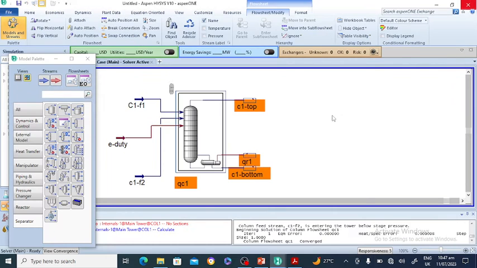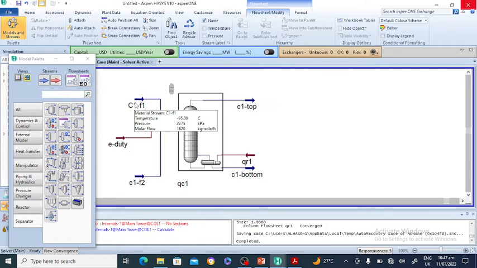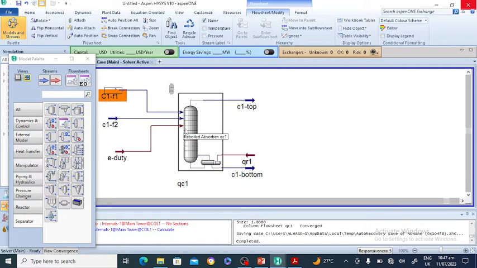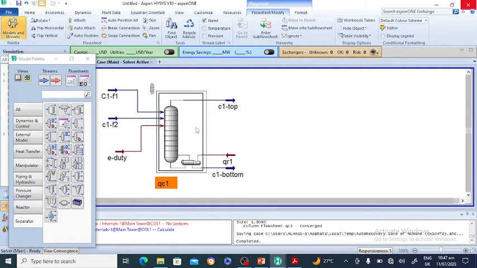Now close this one. This is stream number 1. This is the energy stream. Feed number 2. Duty. Feed number 1. Column. This is the top. This is the condenser duty, and this is the bottom. Okay, now